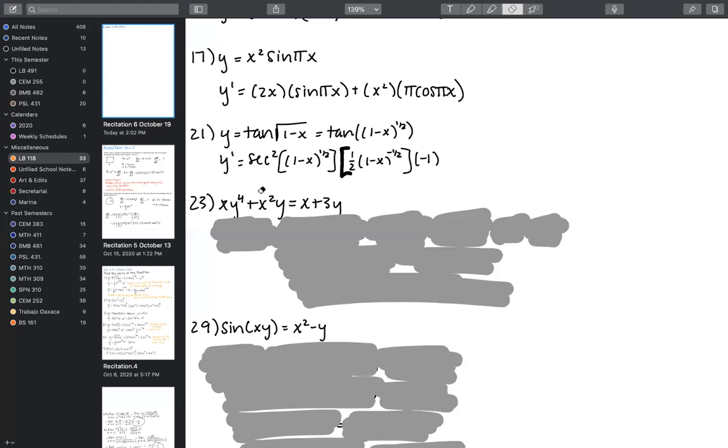And so the way that that's going to look is, again, we're going to treat x as a variable, but then we're also going to treat y as a function and a variable. And the way that those are going to interact is that we're going to use power rule, product rule in the same way we would if we were just using two functions. So derivative of the first, we treat it as a variable, times the second plus the first times the derivative of the second. First, the derivative as though it were a variable.